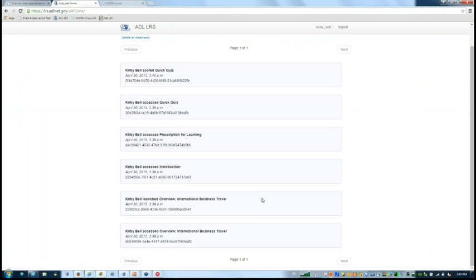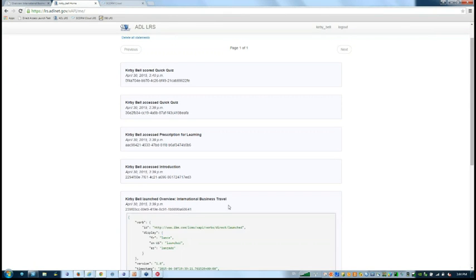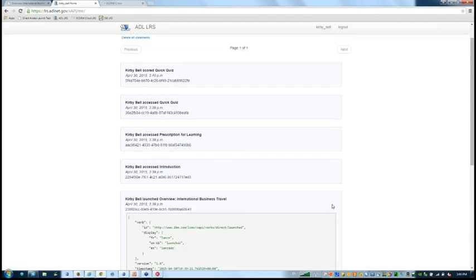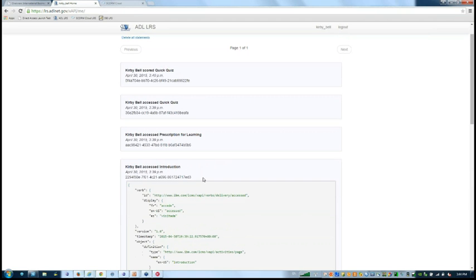So this shouldn't be new to anybody. The statements we sent were the initial launch of the business travel course. You'll notice here that the verb is in the IBM vocabulary. It's an IBM verb, launched. Then we had 3 accesses. There was the access to the first page, named introduction.